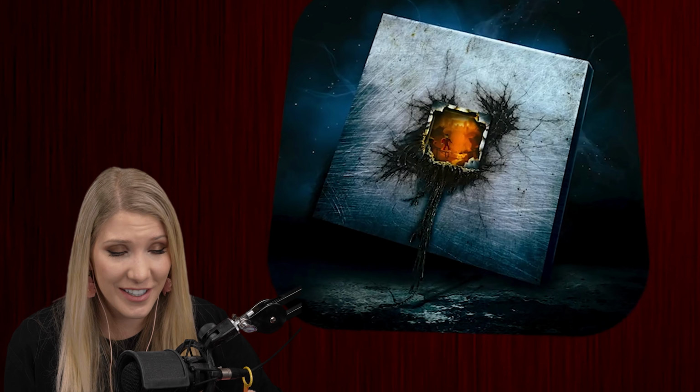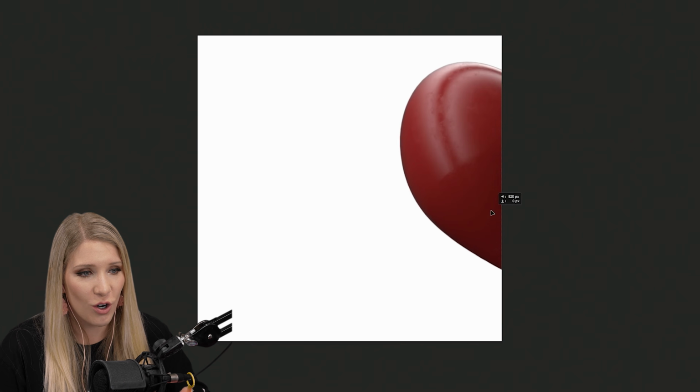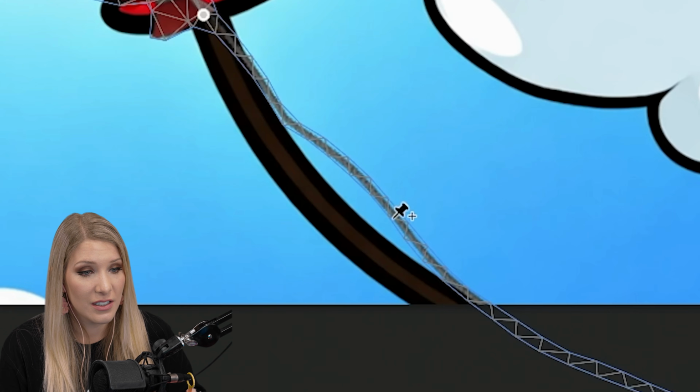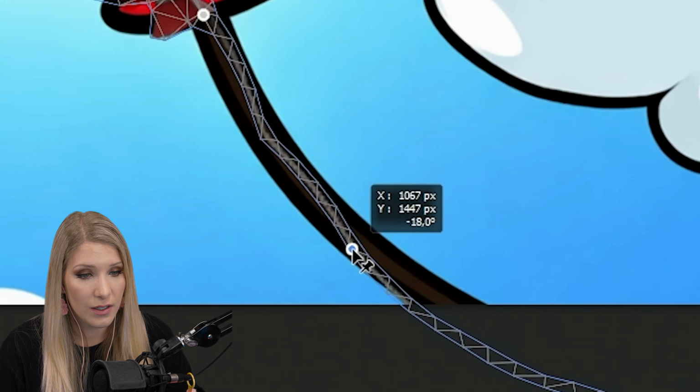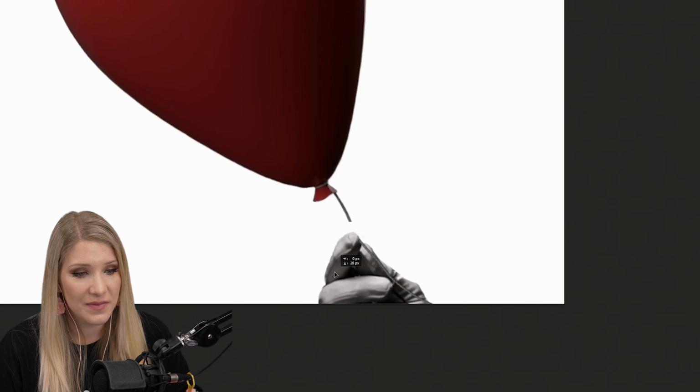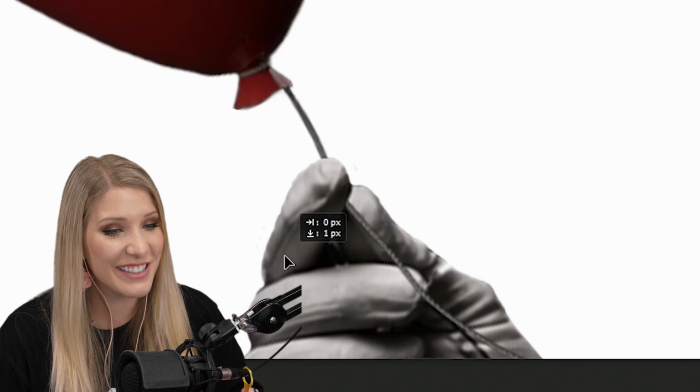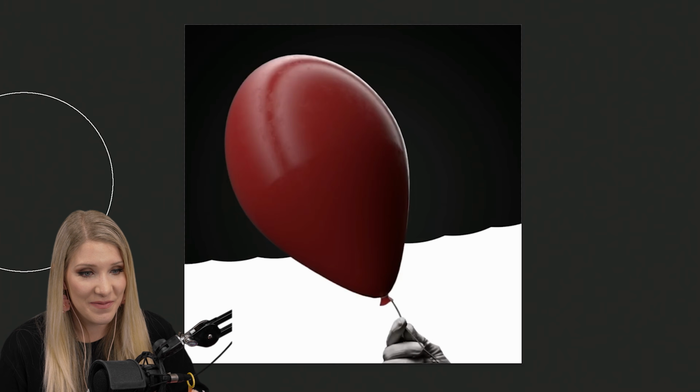That's so creative. First, I'll erase the original balloon and bring in a more realistic, scary one. I'll use the warp tool to bend the string so it fits the actual shape of the original red balloon. Following that, I need a hand that looks like it's actually holding the string. So I'll bring in an image of a glove with two fingers pressing together. I'll add a dark background and put a concrete texture on it before adding some shadows to the fingers,